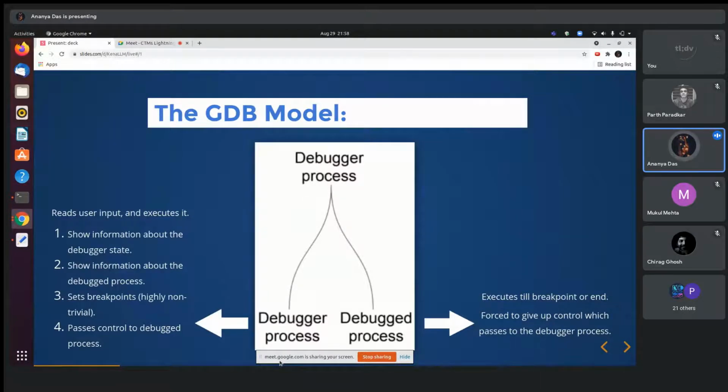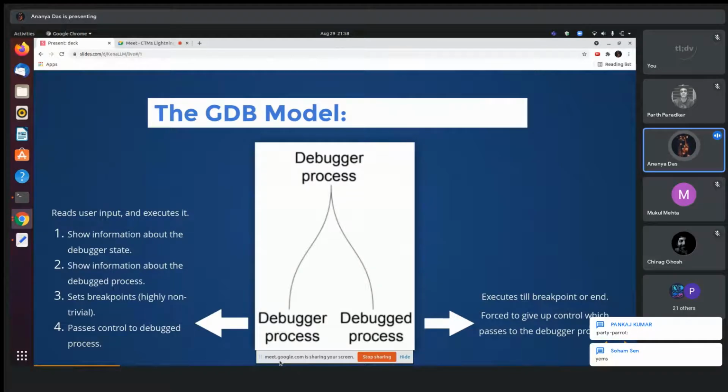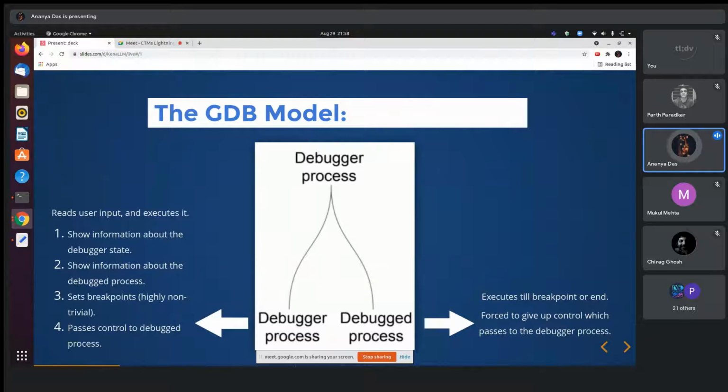So when you get a message within GDB which talks about the inferior process, it's the debug process that is being referred to. And here by process, we mean a program in execution, obviously. So what does the debugger process do? When you interact with the debugger using certain GDB commands, I'll talk about these commands shortly, it can read those commands, understand them, and execute them. A command may want to see some information about the state of the debugger itself, or it may want information about the debugged process. The debugger process helps show this information to the user.